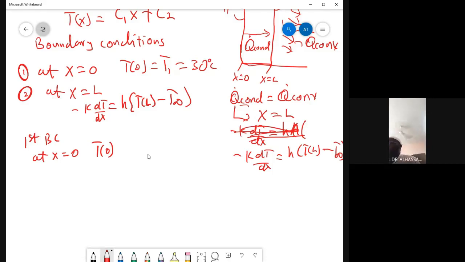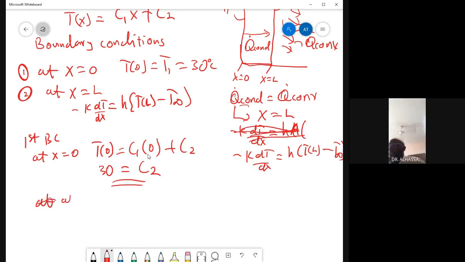So we have over here, that gives us T0 equals to C1 times 0 plus C2. But we know T0 is 30 degrees Celsius. So 30 equals to C2. So C2 equals to 30. Now we need to apply, similarly,